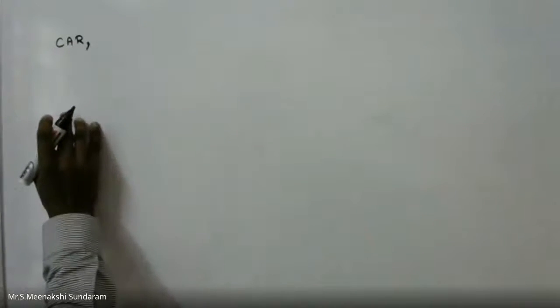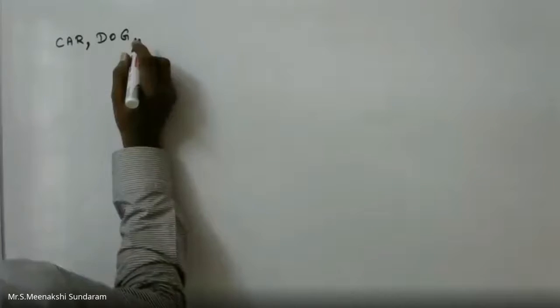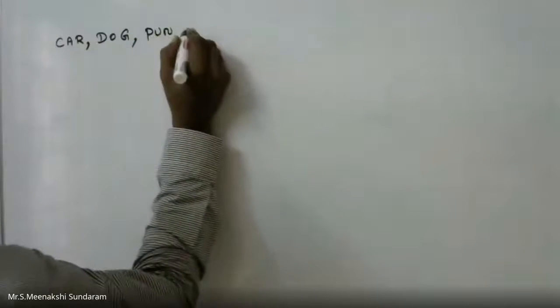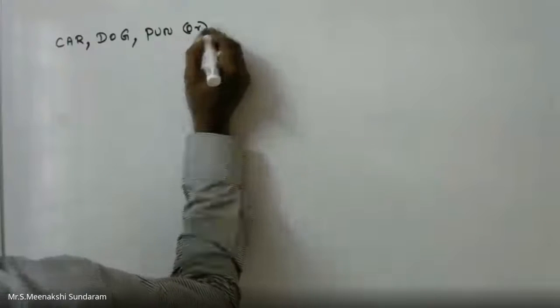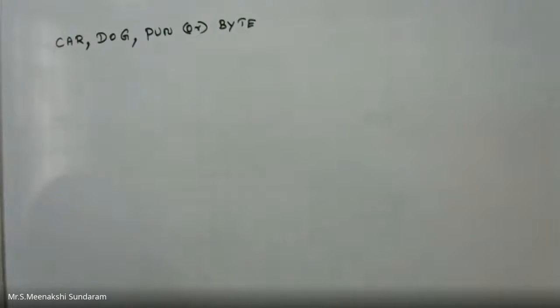The question is, in how many ways can the 26 letters of the English alphabet be permutated? Show that none of the patterns occur: the pattern is car, and another one is dog, the next one is pun, or bite. So you can permutate the English alphabets, 26 letters are there. I don't want any of these patterns. These 4 patterns should not come.